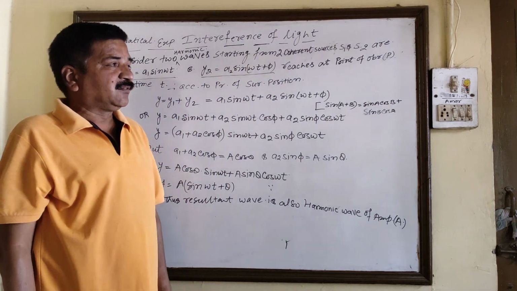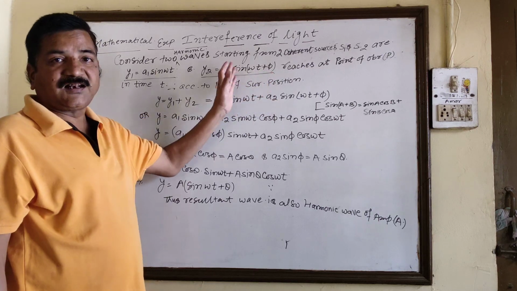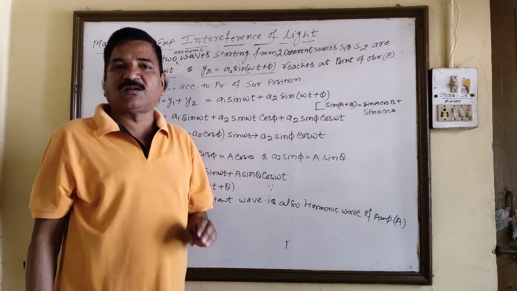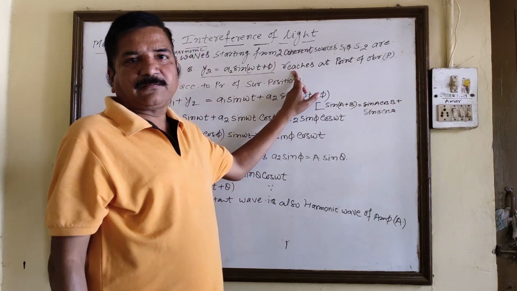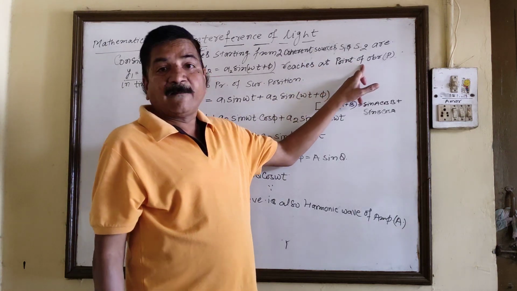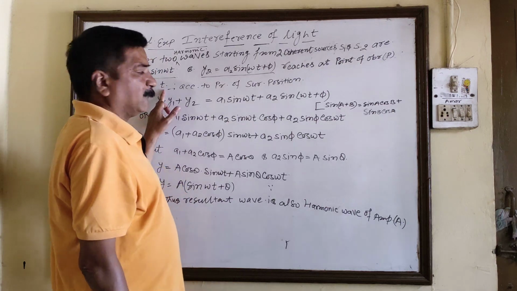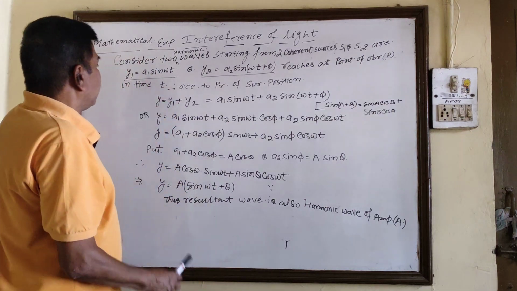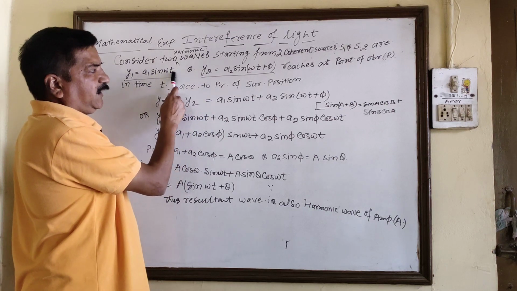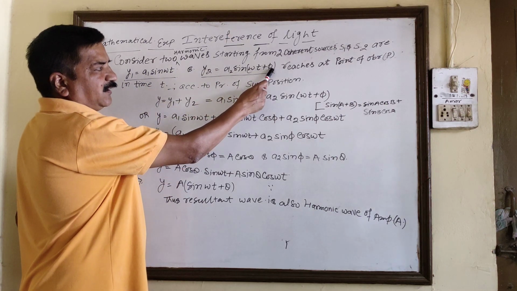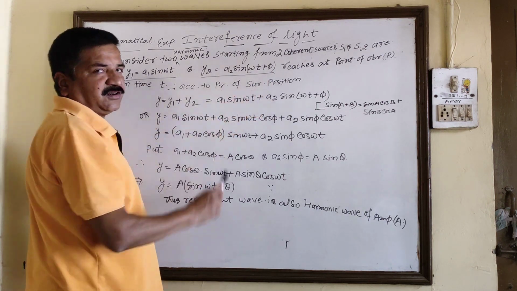the amplitude of the second wave and phi is the phase difference between the first and second wave, which are started from the sources S1 and S2. And both these waves are reaching a point P, the point of observation, in time t. Right? Therefore, by considering equations 1 and 2, that is y1 is equal to a1 sin omega t and y2 is equal to a2 sin omega t plus phi, we will apply the principle of superposition,